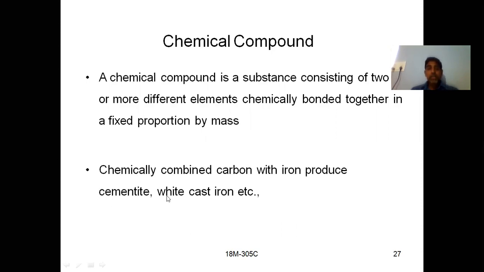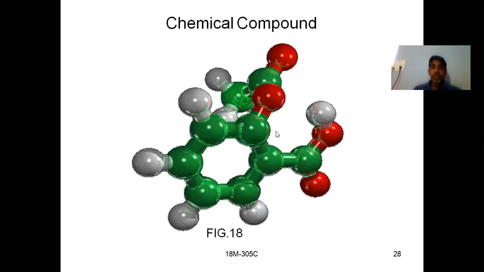Okay, you may be unaware of this cementite. We are going to discuss what is meant by cementite, pearlite, all these things in the coming sessions. Just remember here, what is the example for this one? That is cementite and white cast iron. When carbon chemically reacts, when chemically bonded with your iron, you are going to get cementite and white cast iron. That means carbon is chemically bonded with iron, then you get cementite and white cast iron. That's why it is called a chemical compound.